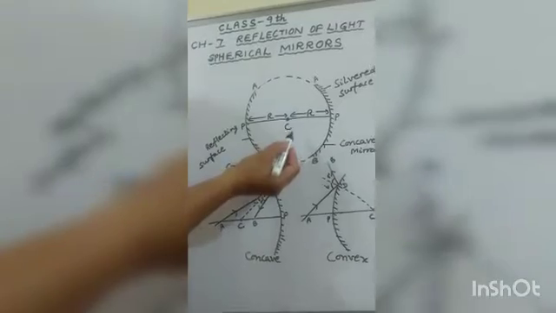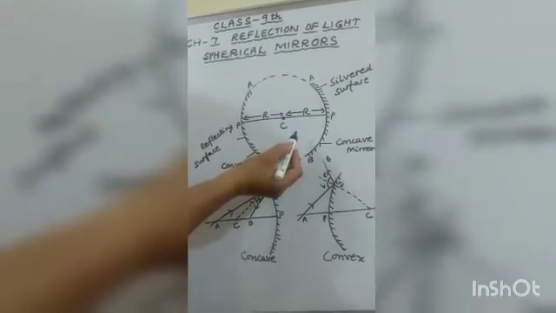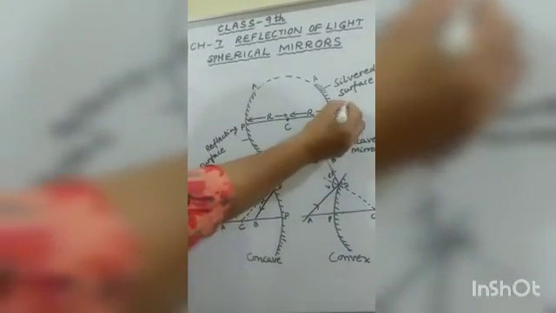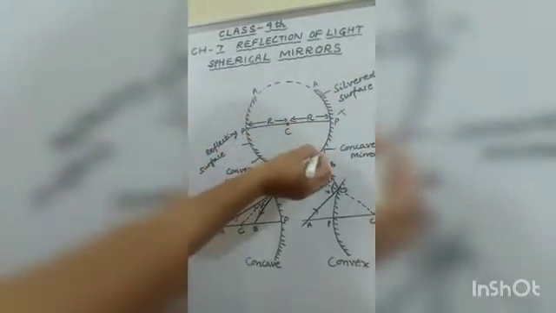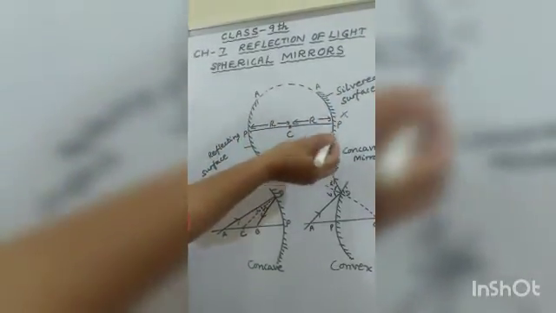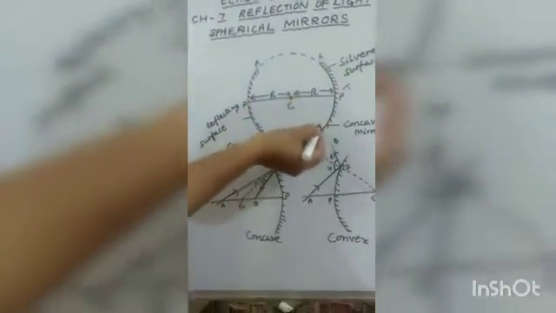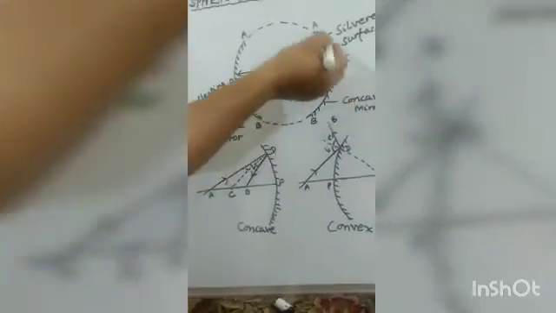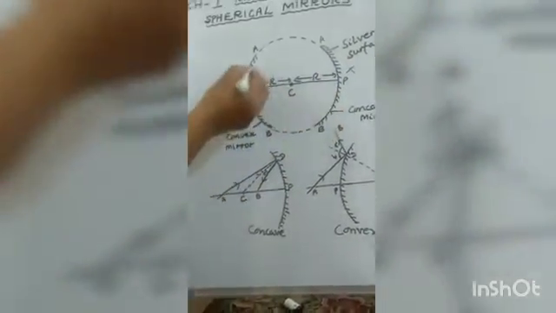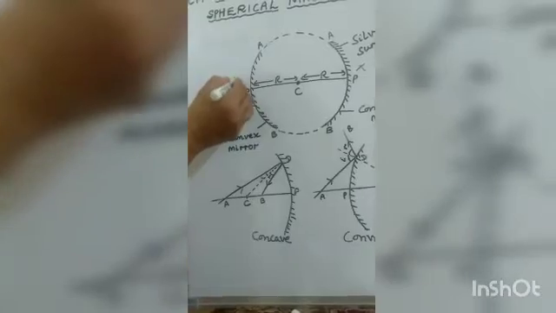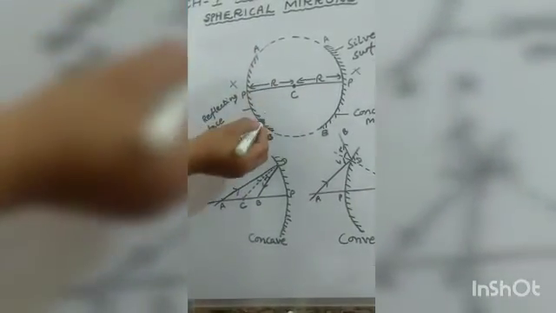Now in this figure, the right part X of this hollow sphere is silvered and coated on its outer surface, and it forms a concave mirror. When the outer part is silvered, then it is called the concave mirror. And here the left part of X, that means the inner part of this surface is silver. So this is called a convex mirror.